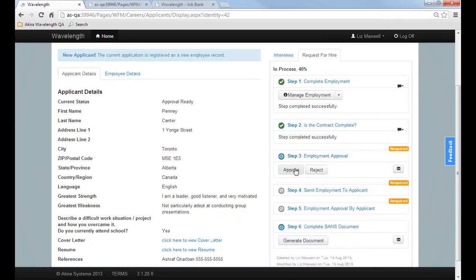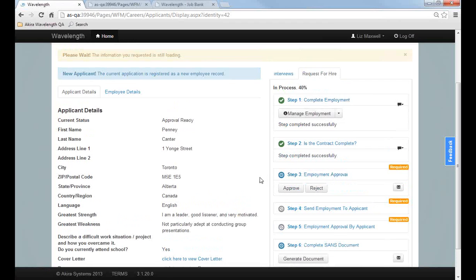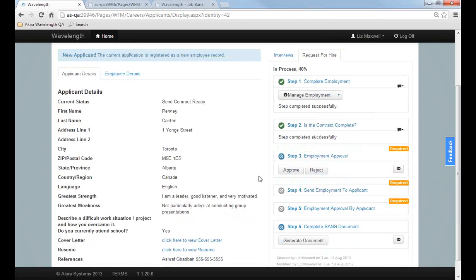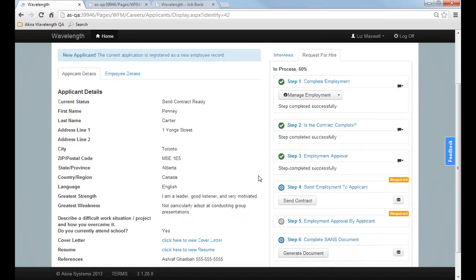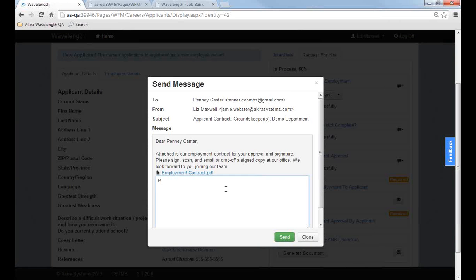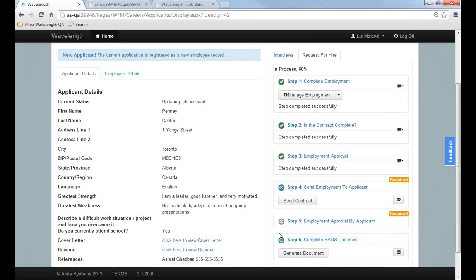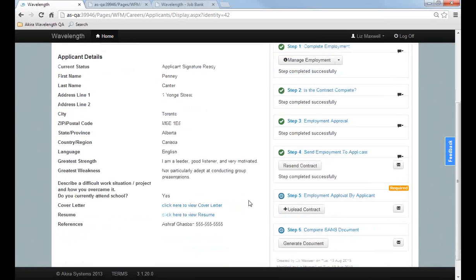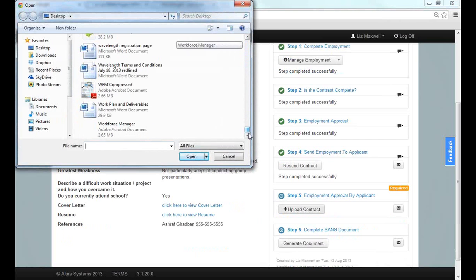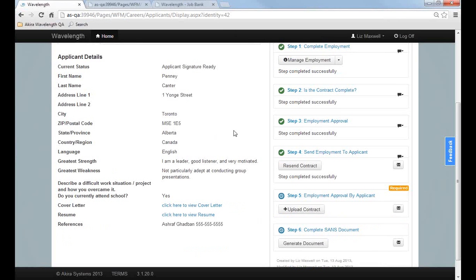I can go now to approve the contract, and now I can send the contract off to the applicant. In this case, I can customize the question, send the contract off to the applicant, and if they accept it, they would sign it back and fax it, email it, or drop it off. At this point, once it comes back, you're able to select it, upload the contract,